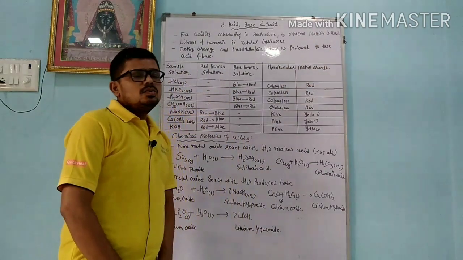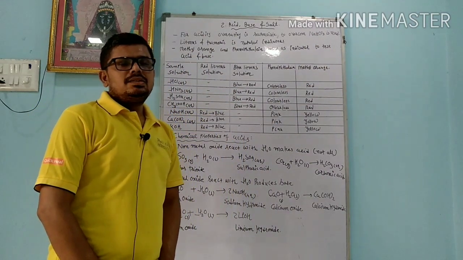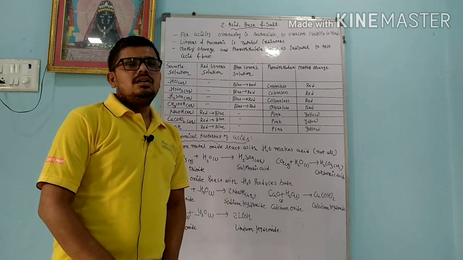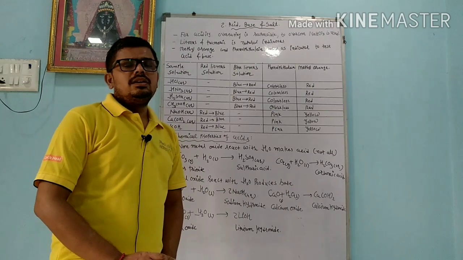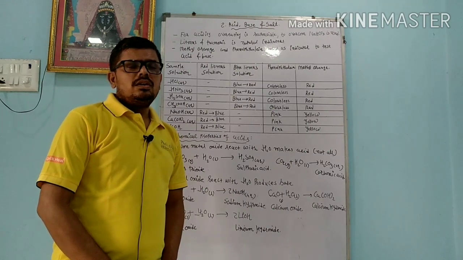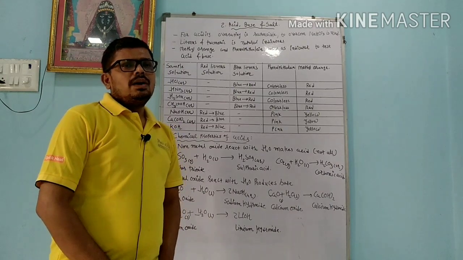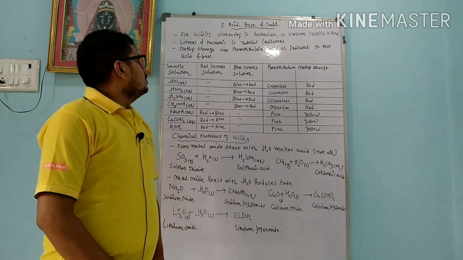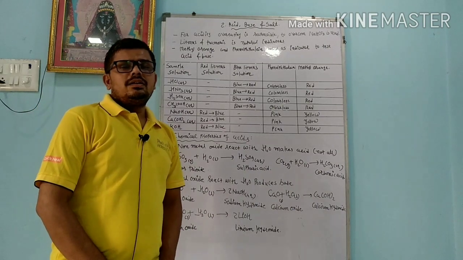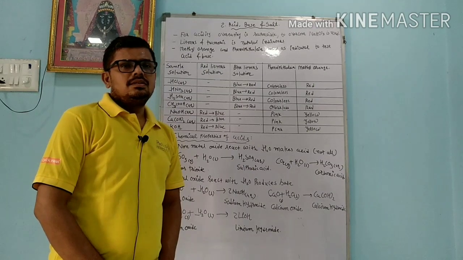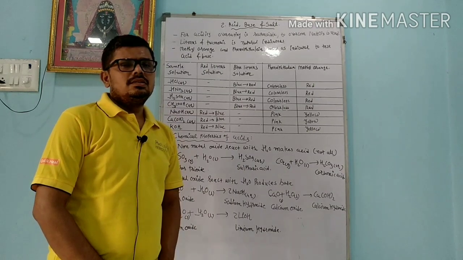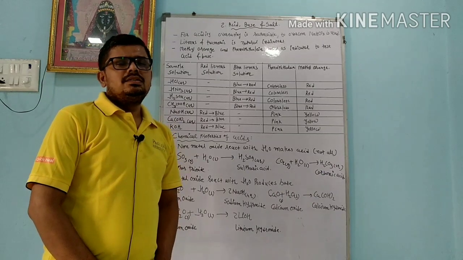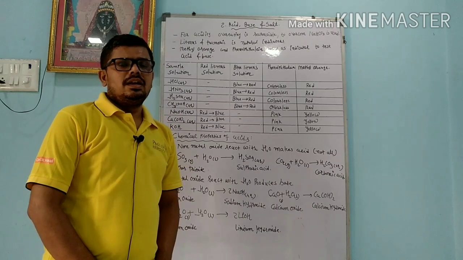Dear student, to know whether a compound is acidic, basic or neutral, we have to use an indicator. An indicator is a compound which changes color in acidic medium and basic medium, and in neutral it remains as it is. By that indicator we come to know which type of compound it is. Litmus and turmeric are natural indicators. Litmus is available from lichens, whereas methyl orange and phenolphthalein are synthetic indicators which are produced in the lab.